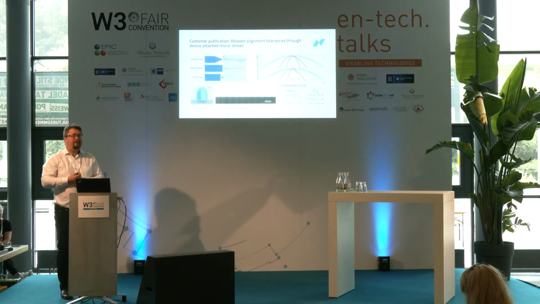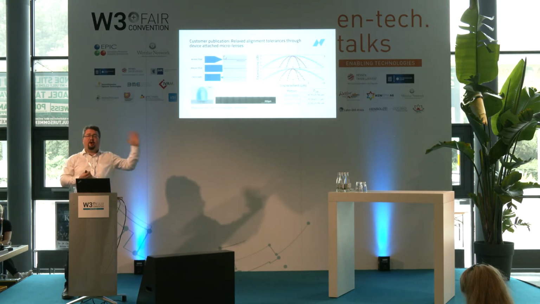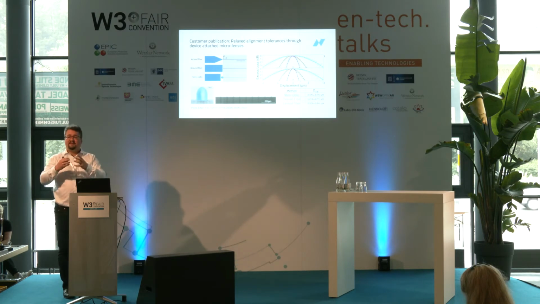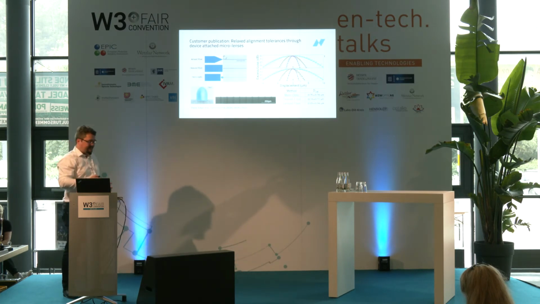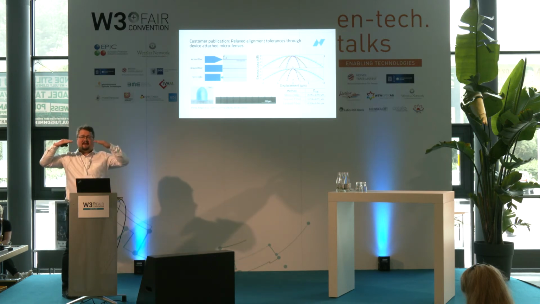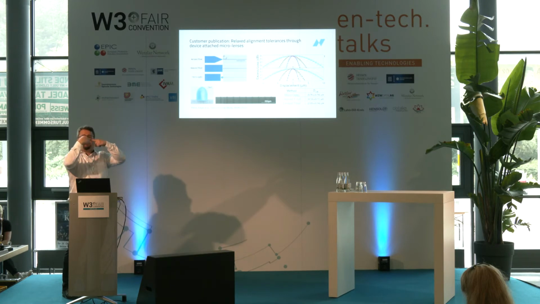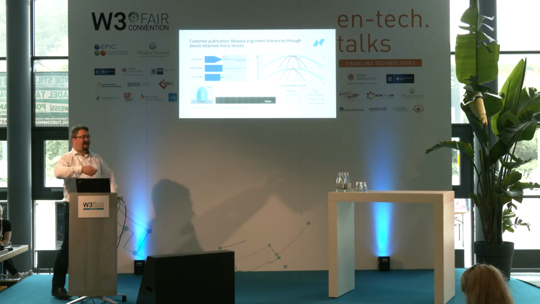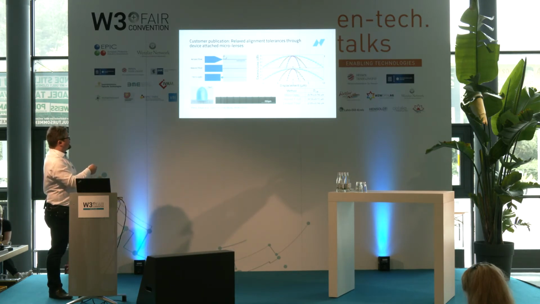But like I mentioned before, you can print optical components with it, so why not print lenses to couple the light directly into the waveguide? And this is a nice experiment that shows some of the advantages of that. Another customer publication: here they look at the situation where they want to couple from a fiber into a waveguide that's on the top of a chip, but they want to couple it from the side. So they have the waveguide on the chip, and they come from the side with the fiber, and they're looking